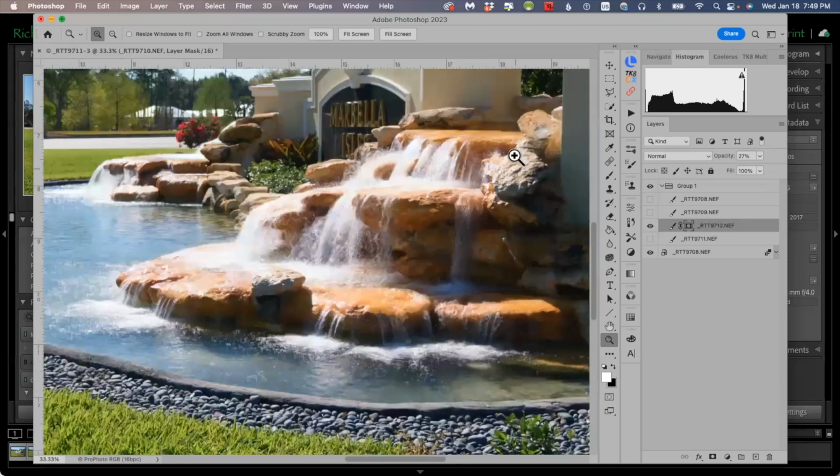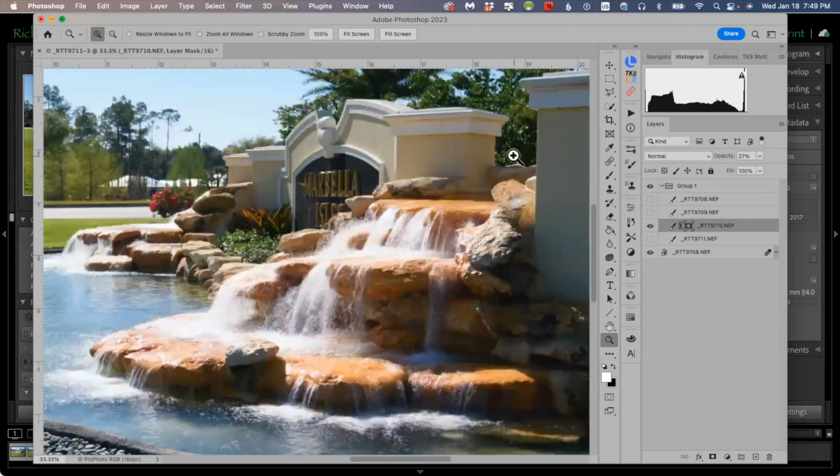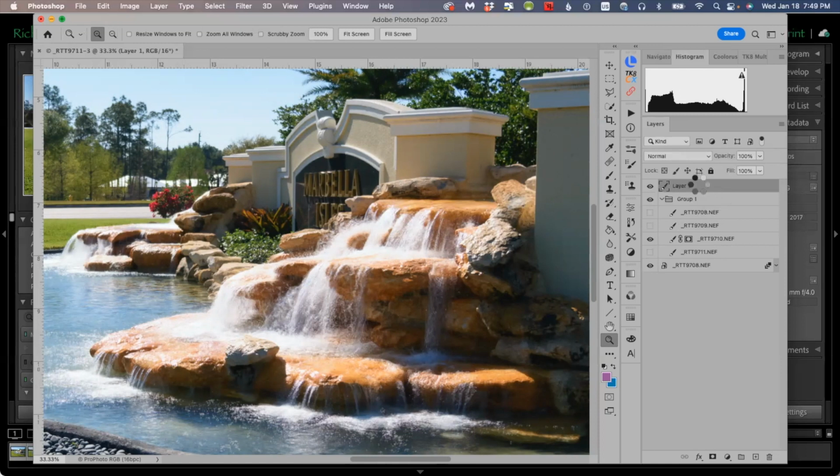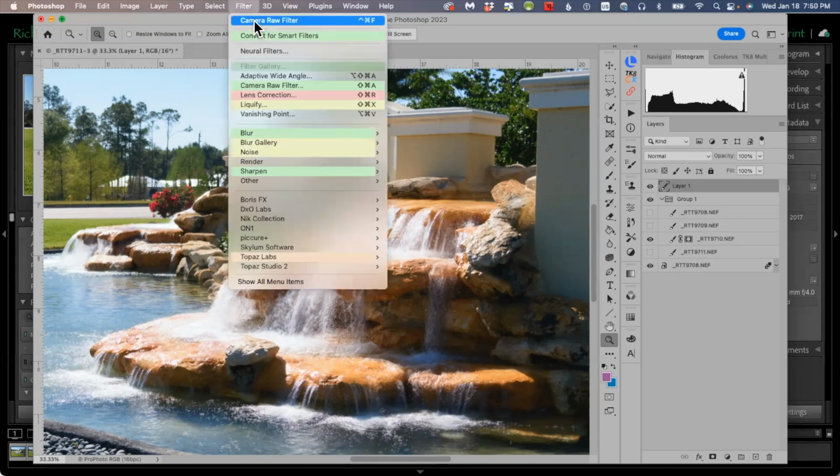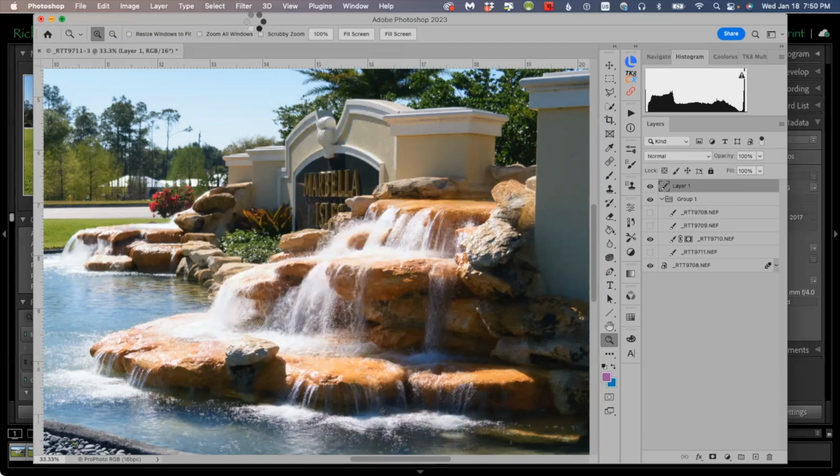Okay, so I was going to show you from here what I was talking about. If I'm up here working on this and I do an Adobe Camera Raw edit, let me do a Command Shift Alt E. That's grouping, awesome. So that's right there, and my camera raws are down here. If I click on this and I use the Camera Raw filter, I'm no longer working on